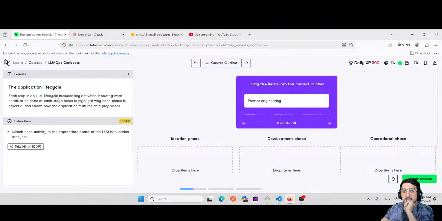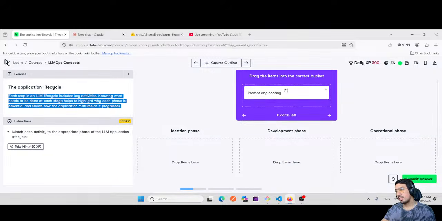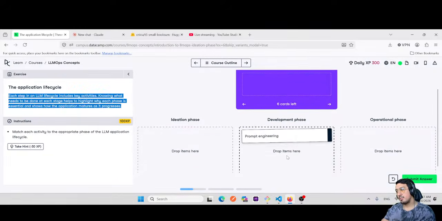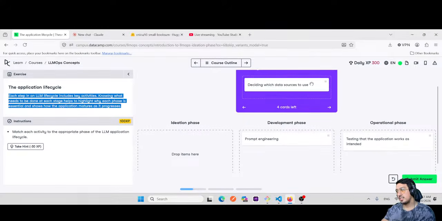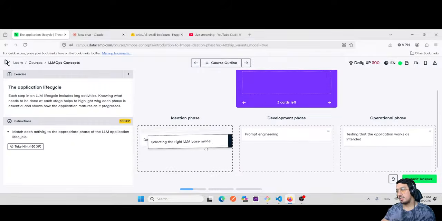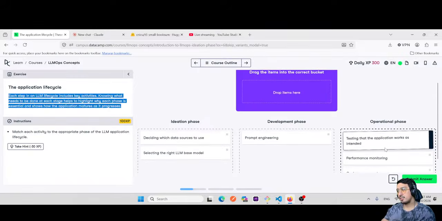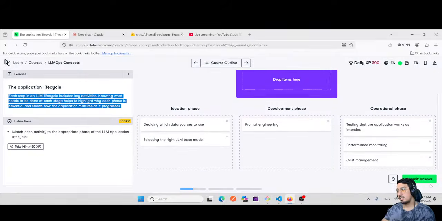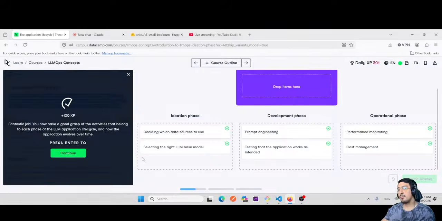Application lifecycle. Each step in an LLM lifecycle includes key activities. Knowing what needs to be done at each stage highlights why each phase is essential, and shows how the application matures as it progresses. All right. So prompt engineering, it's in the development phase. Testing that the application works as intended is in the operational phase. Which is ideation phase as a base model. The cost management is in the operational phase. Performance monitoring is in the operational phase. And yeah, testing the application. Okay, it can be done in both actually. So